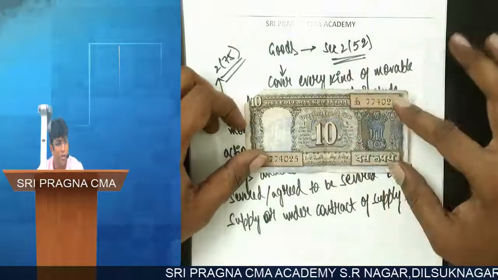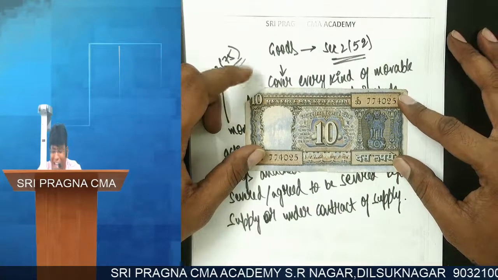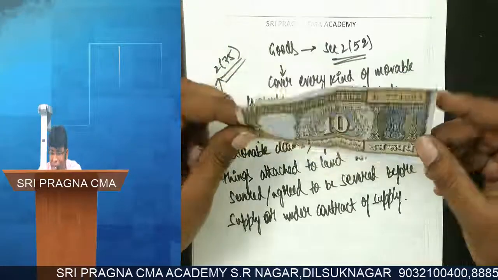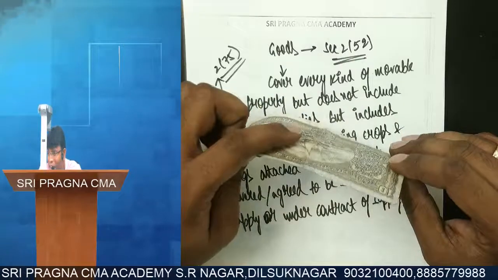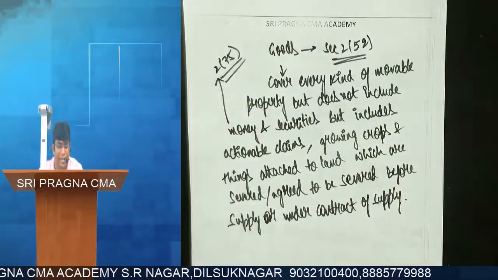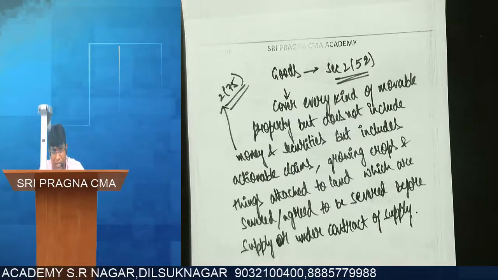Sir, do you remember this note? 10 rupees note. Wow. I am enlightened. Sir, this is one old 10 rupees note. In fact, now if I give this in the market, this won't work. They don't take it because this is not a legal tender. Sir, they might take it also, I am not sure. But now I will show you some note which they will surely not take in the market.